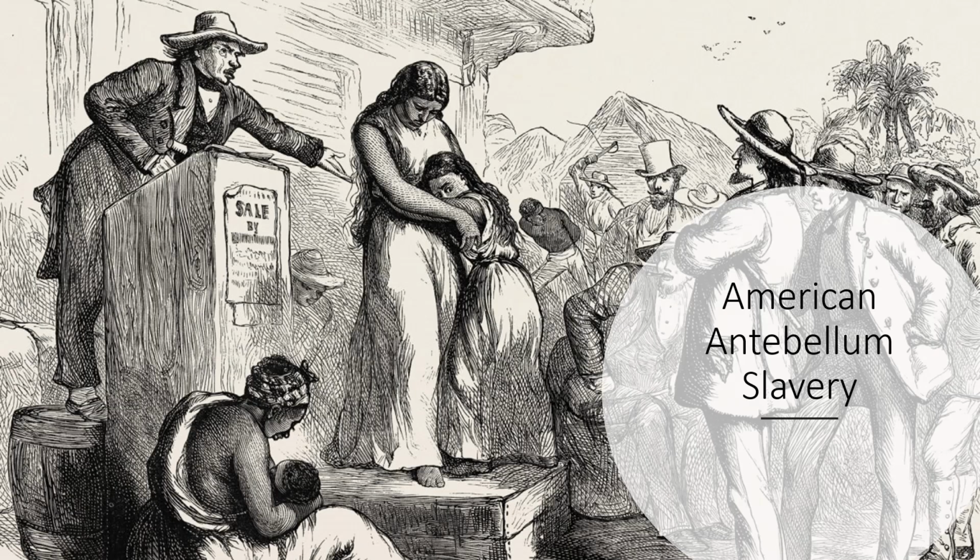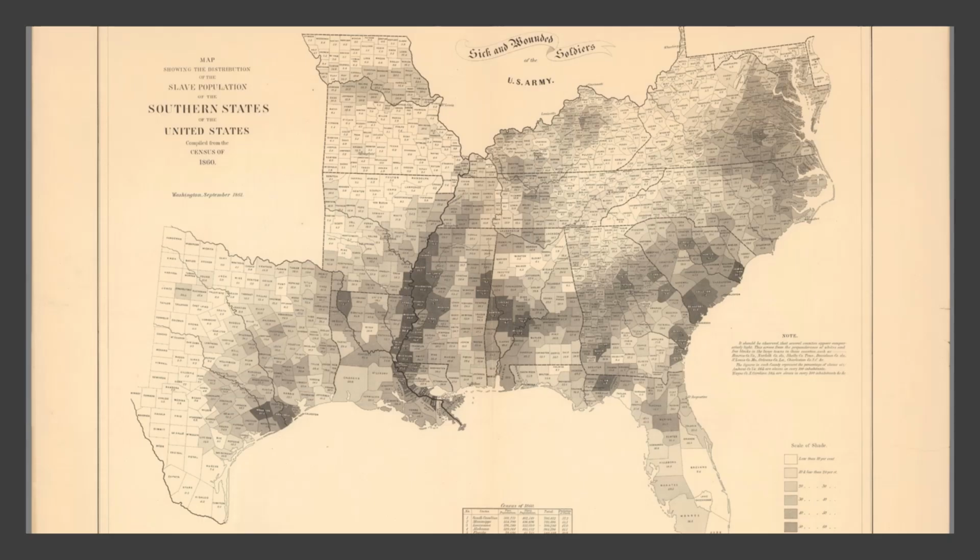So once again, by the pure numbers, the first census of the United States counts 700,000 slaves. In 1860, that number has grown to 4 million. So we see a rapid population growth and we see a geographic growth throughout different parts of the United States.